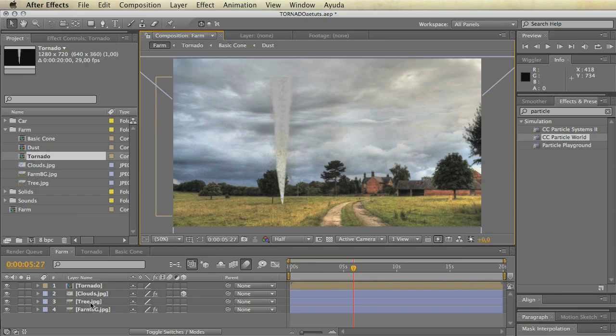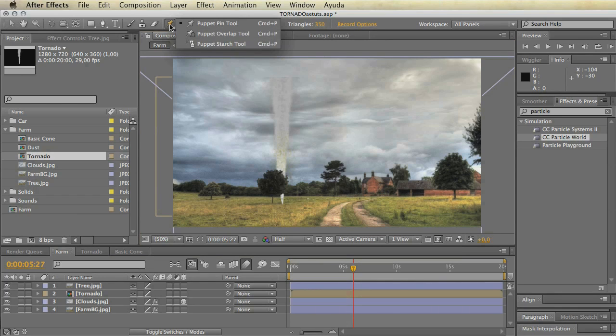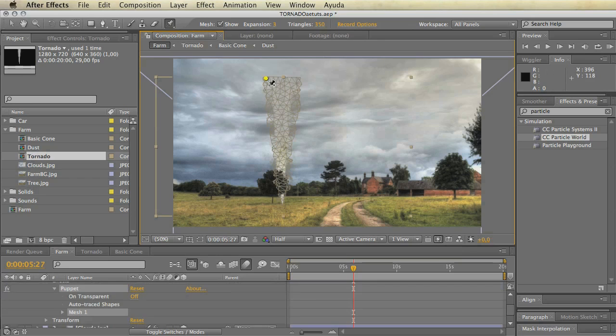And when we are done, actually let's place the tree above the tornado layer so you get more depth into the comp by making the tornado appear behind it. And we'll select here the puppet pin tool, click it and click to show the mesh, and we'll make 3 points for the top of our tornado like this, and one by one until the bottom. This will allow us to move our tornado the way we want,